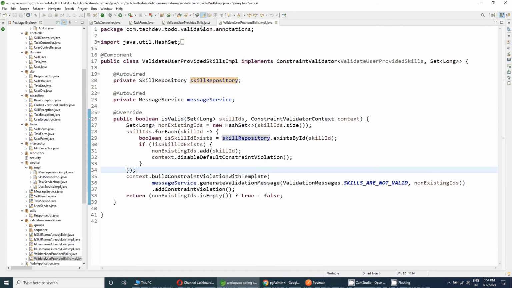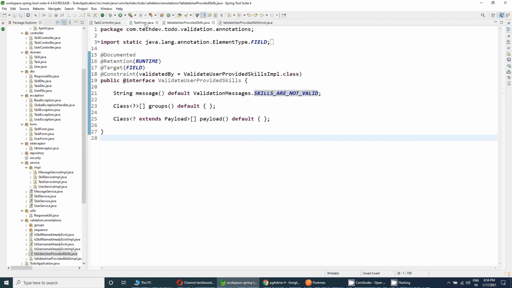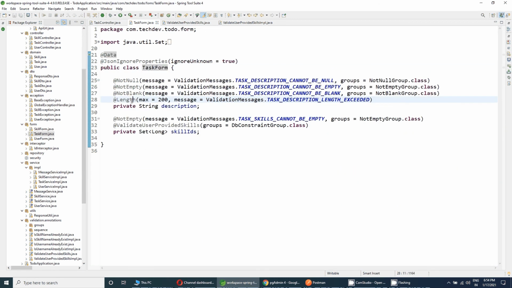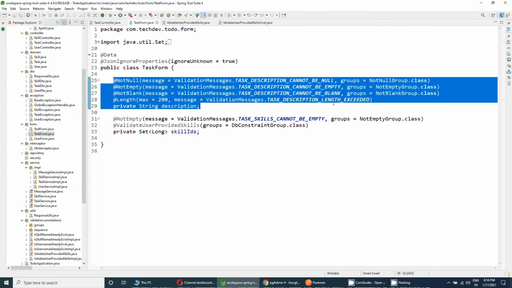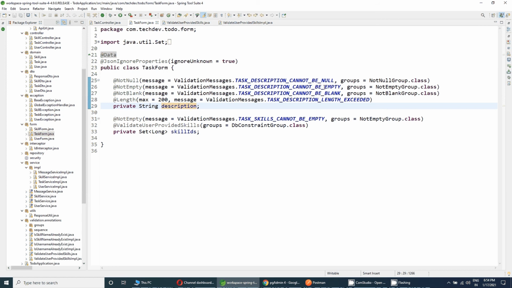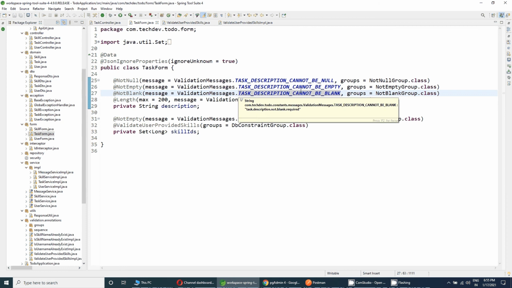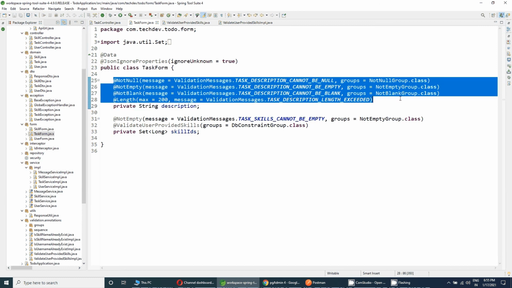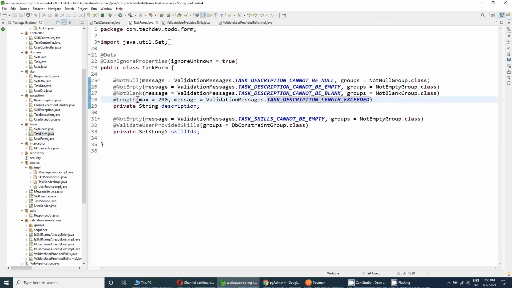Like if you generally use the task, means binding result request. Let's go to the task form. Now you can see that I have used these annotations to handle the validation part related to the description, and I am passing the message also: task description cannot be null, cannot be empty, cannot be blank, and task description length exceed. So these were the normal annotations, but when we go to the custom annotation like this,